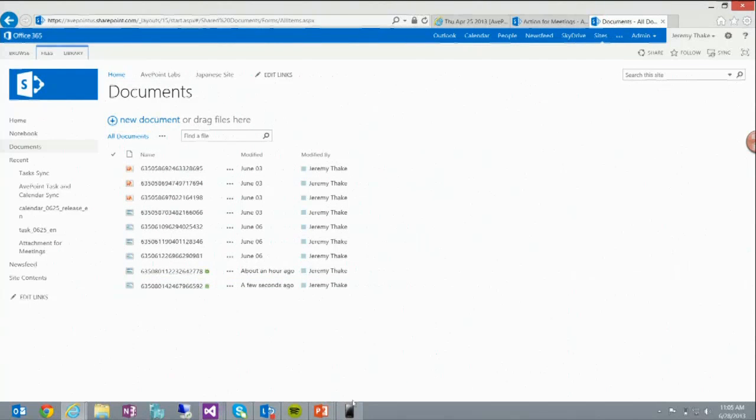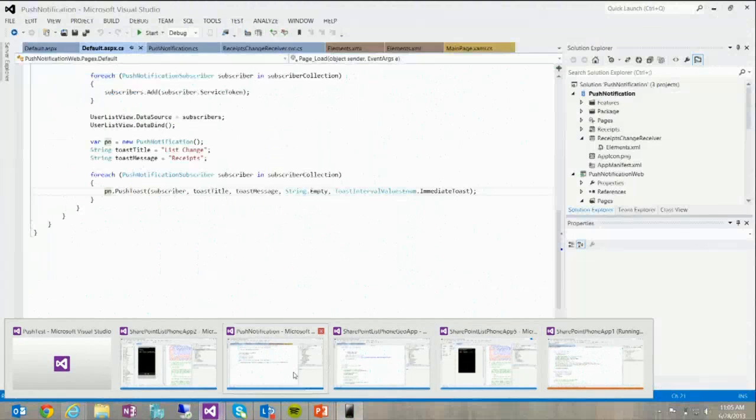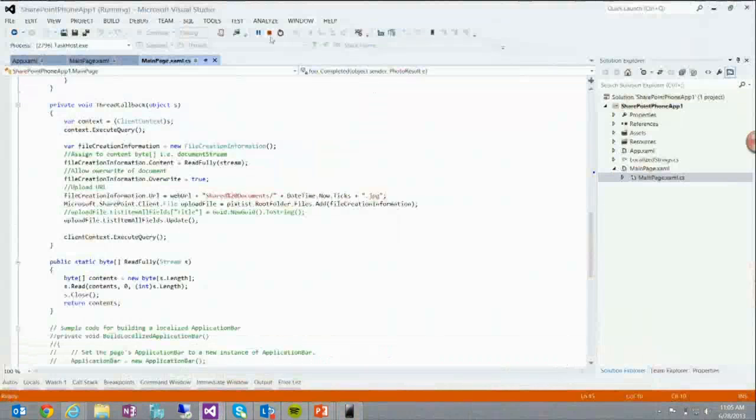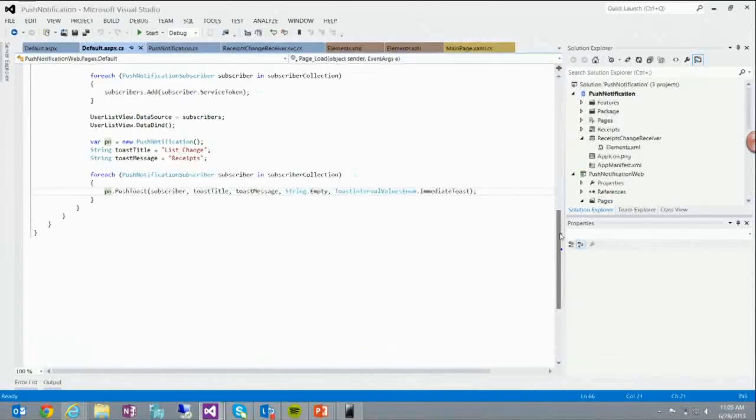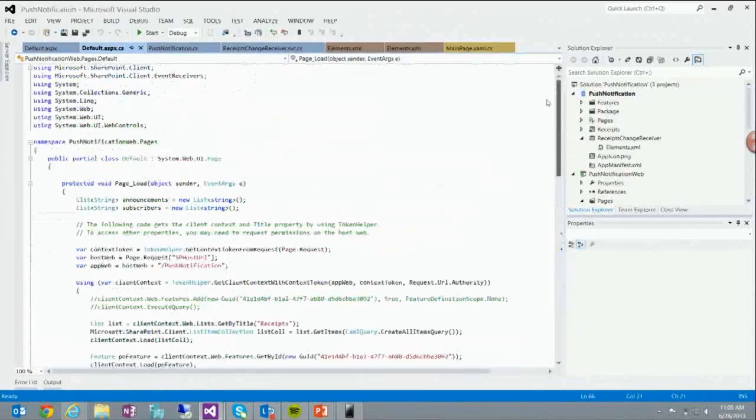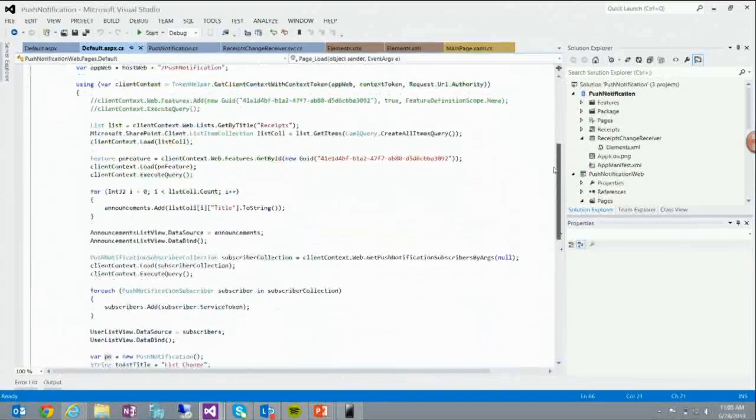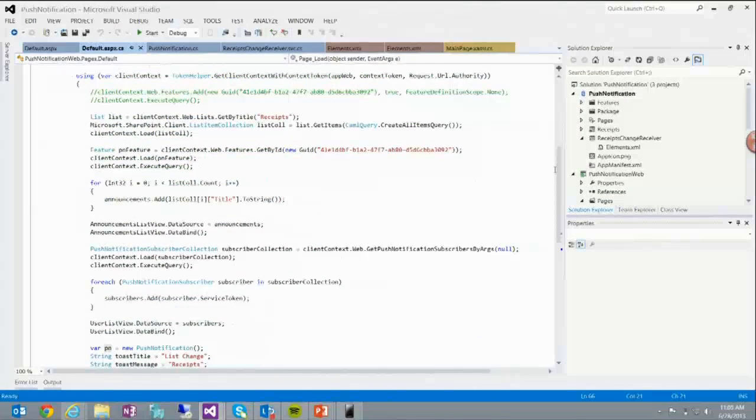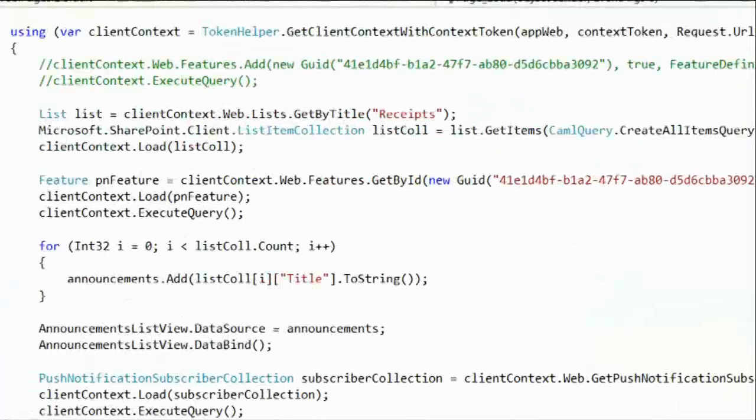Now, what I've also done, if I just stop this one, is from a push notification perspective, as well as uploading those images, you can also do the subscriber aspect to it as well. So let me just zoom in on here, where essentially I can grab this